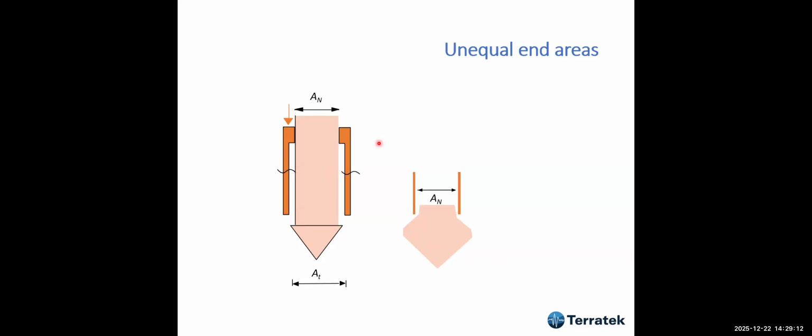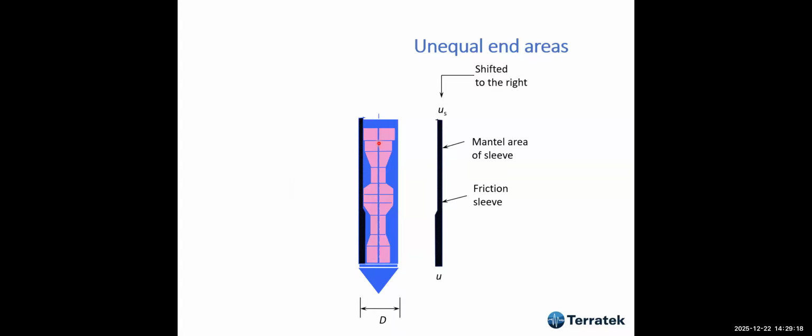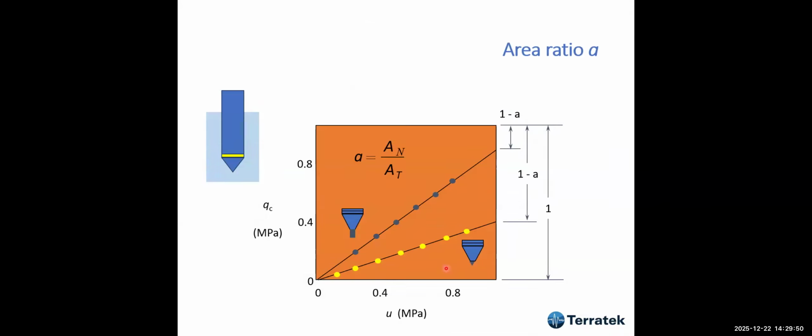And then Professor Campanella studied the problem, did lots of tests, and found also that there were cones in which they have different areas and also unequal end areas, not only at the tip, but at the friction as well. The friction is very simple to solve. You just have to machine them with the same area, this value has to be equal to this value here. So most cones today don't have any problem with the unequal end areas of the friction sleeve, but they have it on the tip. And the tip, what you have to do in order to calibrate is you put the cone into